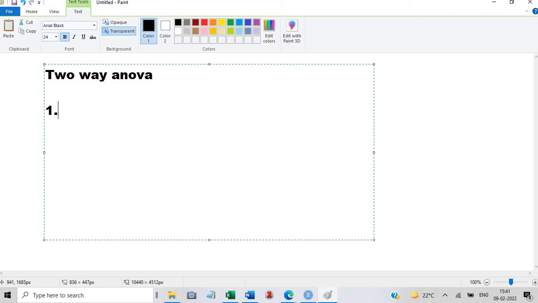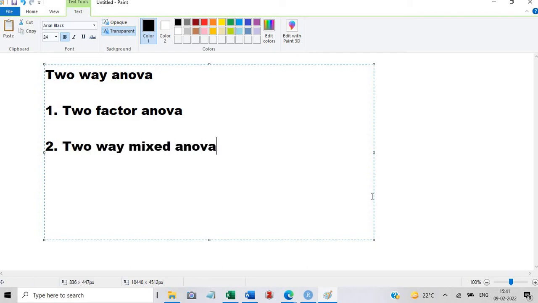One is called two-factor ANOVA and the second one is called two-way mixed ANOVA. The one which I am talking about is two-way mixed ANOVA.